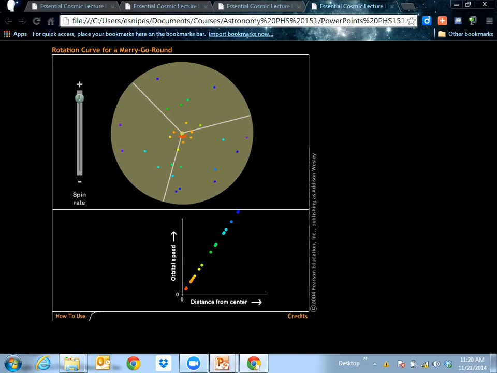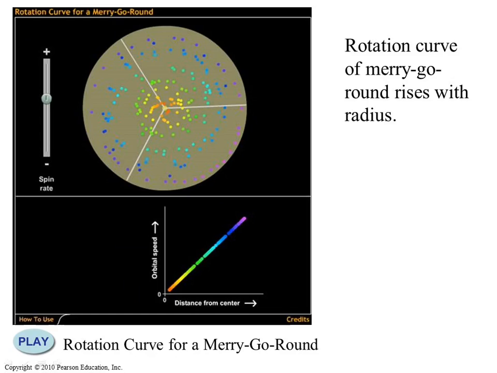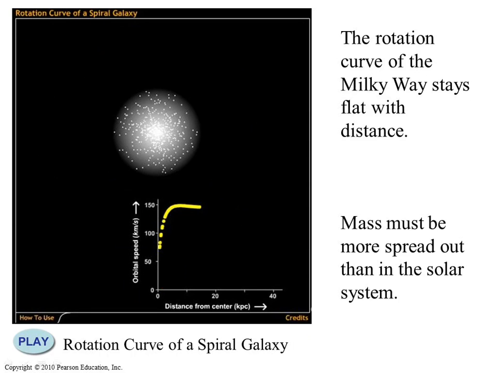So we know something about an object by watching stuff spin or rotate. That one has nothing to do with gravity. This one does have to do with gravity again. What I'm going to show you is another little scatter plot. And this is actually the Milky Way galaxy.